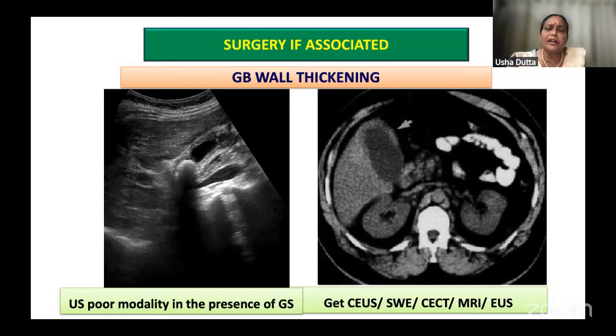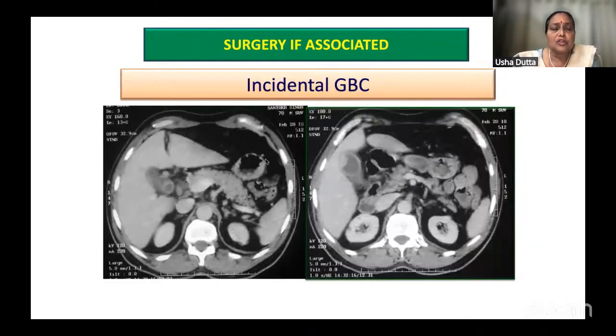So any gallbladder wall thickening should be held with suspicion. And this is where I send the case back to the radiologist to look at the gallbladder wall. Always I find that the radiologists tend to report the stones in great detail, but not the wall. So any asymmetrical thickening of the gallbladder wall should be held with suspicion. And nowadays we also have EUS to look at the gallbladder wall at close position. So if the patient has a stone and a suspicion of an incidental gallbladder cancer, obviously even if the patient is asymptomatic, they should be operated.